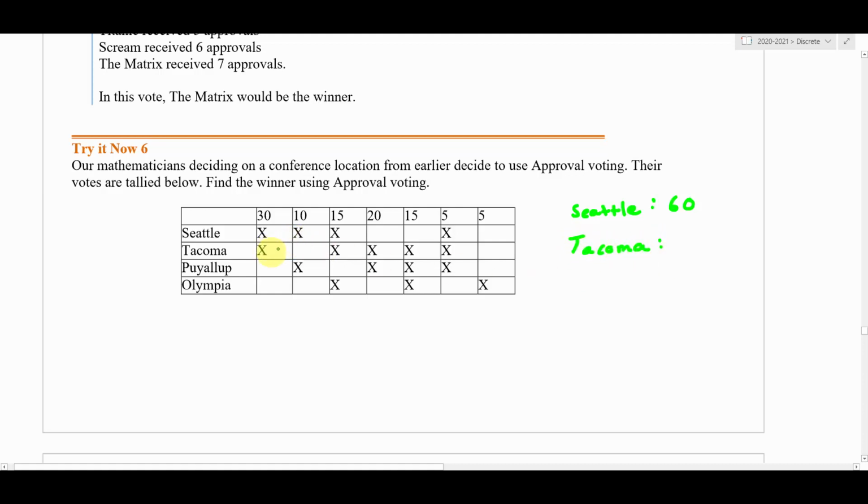Okay, so Tacoma got 30, plus these 15, that's 45, plus another 20, that's 65, 80, 85 approvals for Tacoma. All right, now Puyallup here got 10 and 20, that's 30, 30 and 15, that's 45, so we got 50